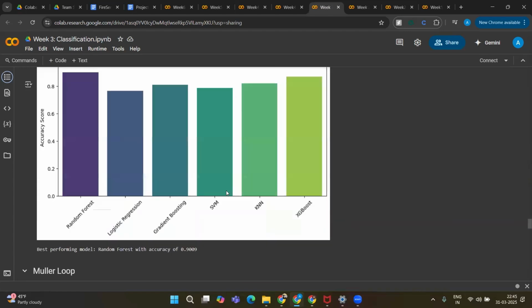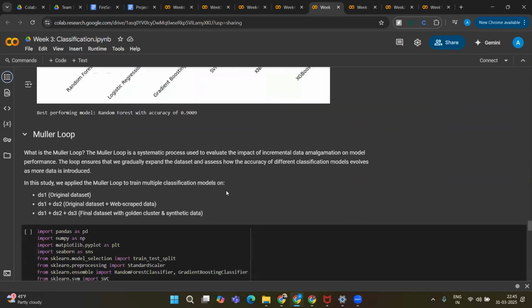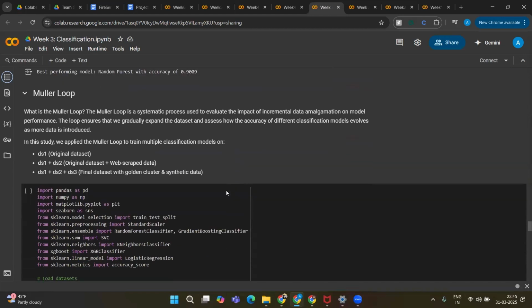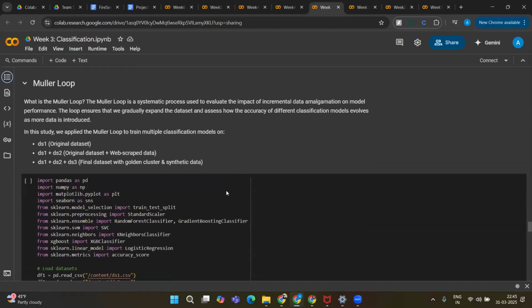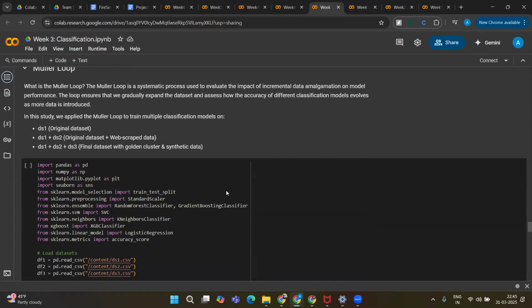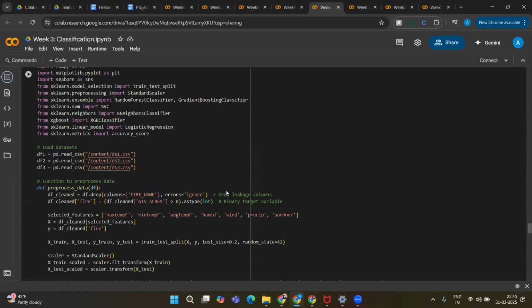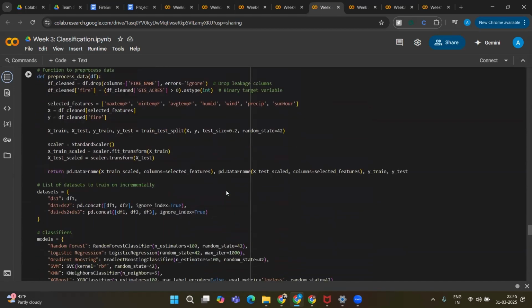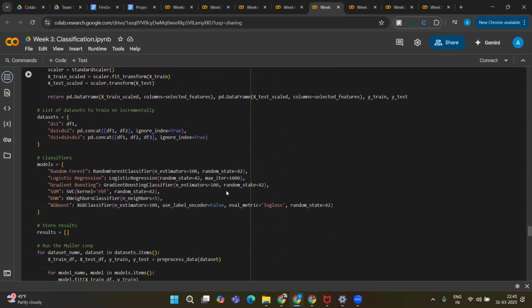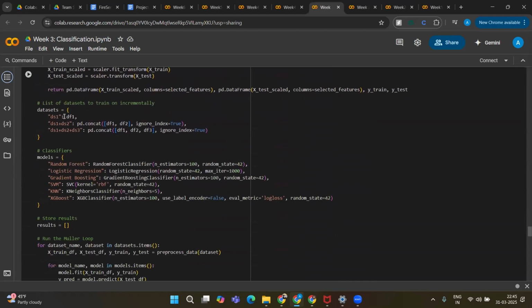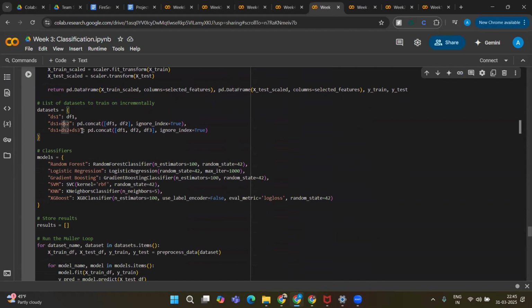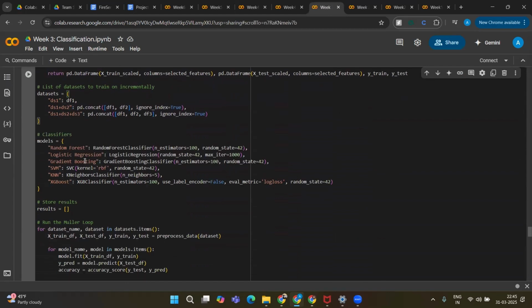After that, we have performed a Muller loop, which is a systematic process used to evaluate the impact of incremental data amalgamation on model performance. We are evaluating the performance on each iteration, such as DS1, and the next stage is DS1 plus DS2, and the next stage is DS1 plus 2 plus 3. So computing